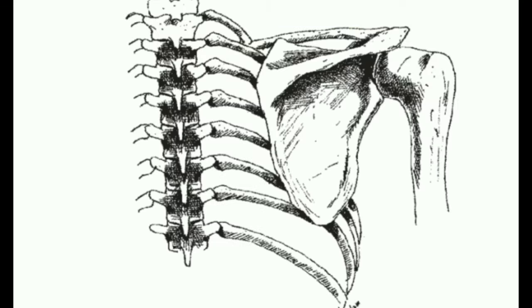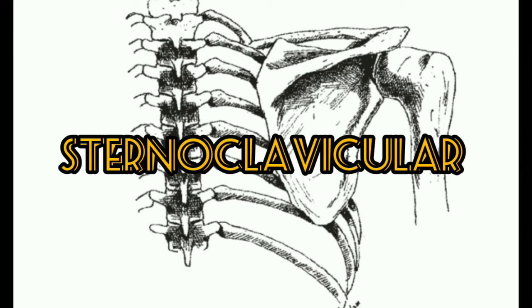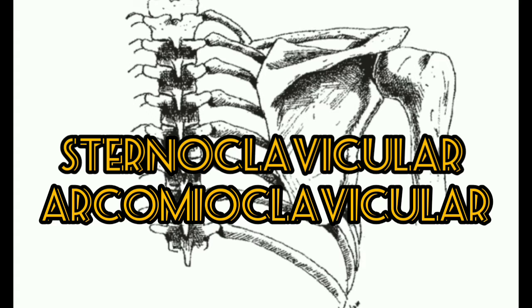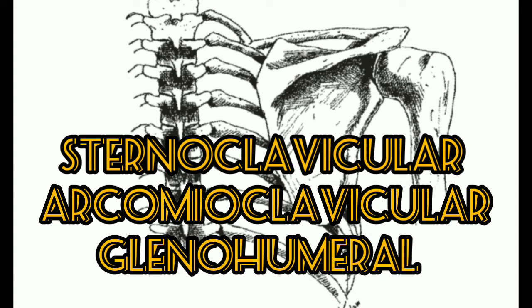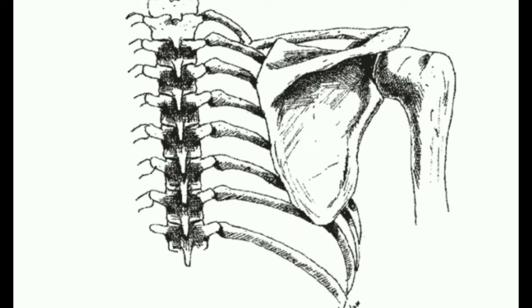Hello guys, so here in this video we are going to discuss the biomechanics of the shoulder joint. The shoulder complex is a broad term which includes five joints: the sternoclavicular joint, the acromioclavicular joint, the glenohumeral joint, which we call the shoulder joint, then the scapulothoracic joint, which is not an anatomical joint but only a functional joint. And of course, some of you might not have heard about the subacromial joint or suprahumeral joint. The subacromial space is now considered not a joint but a subacromial space itself.